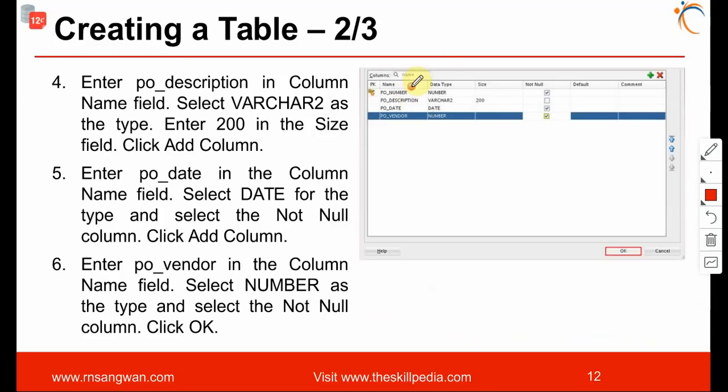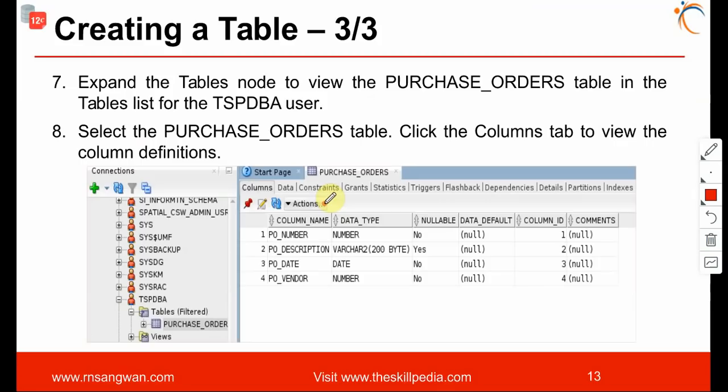So finally, purchase order: PO number, description, date, vendor. Obviously the description is varchar, the date is date type, right? And you specify the constraint, what is null, what is not null, right? Once the table is ready, you will see these columns. This is what you have created. Fine.